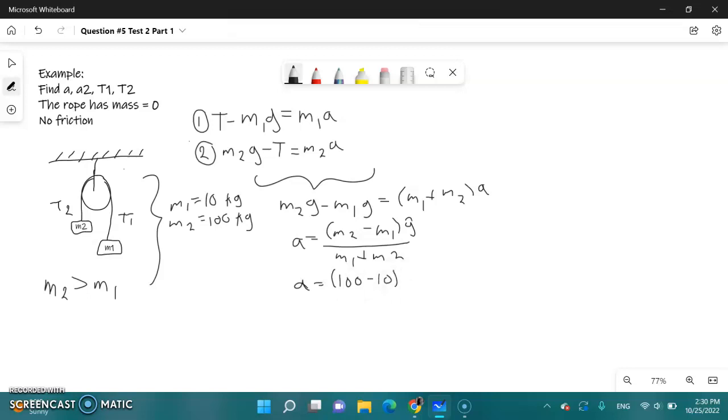And then for simplicity's sake, gravity, we can put it as 10 as well. And then we have 100 plus 10, the masses again. And then A will ultimately cancel out to being 90 over 11. After we've worked out everything, we end up with this. If you plug it into the calculator, 90 divided by 11 is